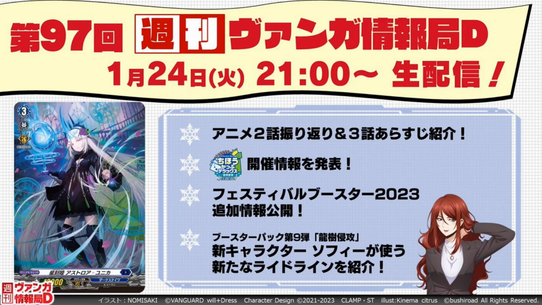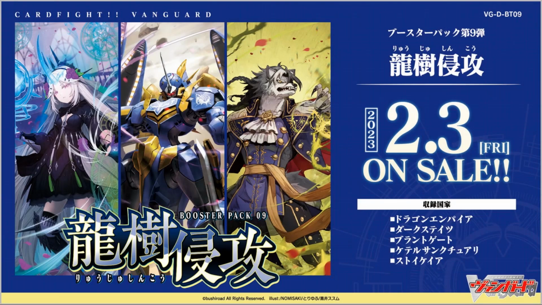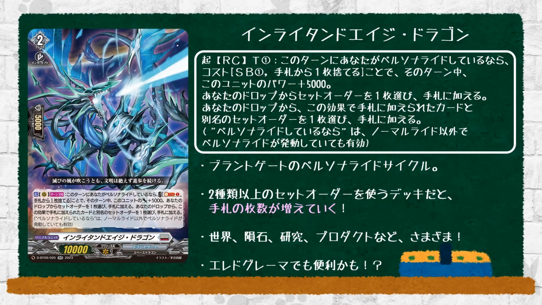Finally, the last ride line for Overdress Set 9 is here, so let's begin. But first, cards for the last few days, which we actually don't have any other than Dokuvan, so let's go with that first. We start off with Enlightened Edge Dragon, which is a grade 2 with taking power in the